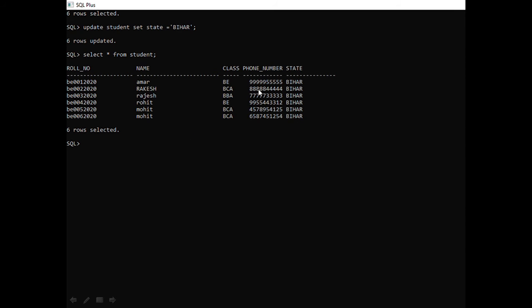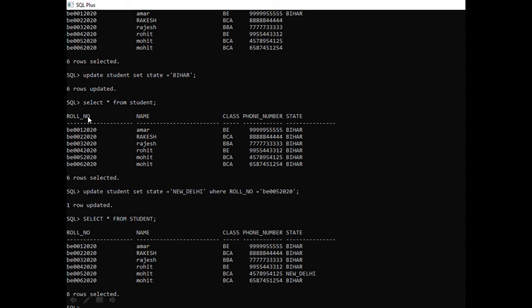Now suppose by mistake at the time of inserting I have made some fault in state or in phone number or in class or in name, any mistake, then you use the same command. Suppose I want to change the state for roll number B005, Mohit, class BCA. I want to change his state from Bihar to New Delhi. Then the same command is used for that: update student set state equal to 'New Delhi'.